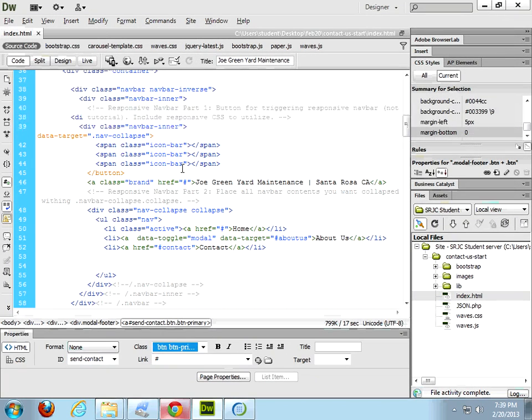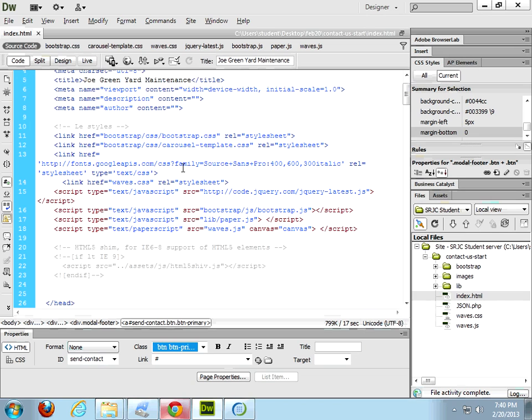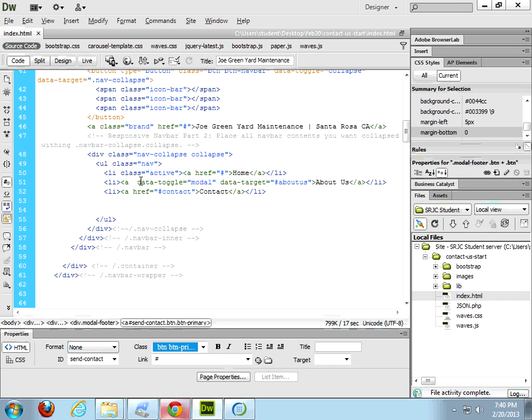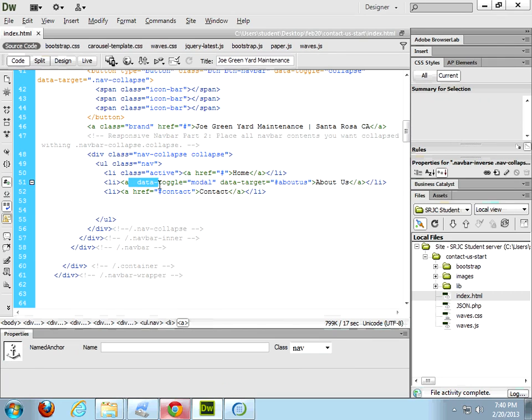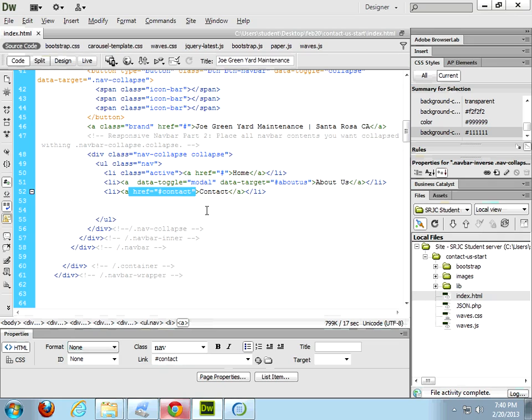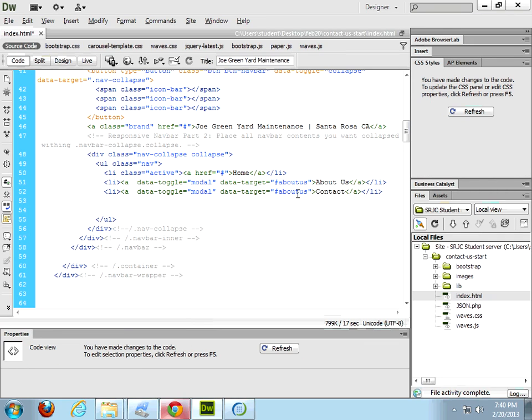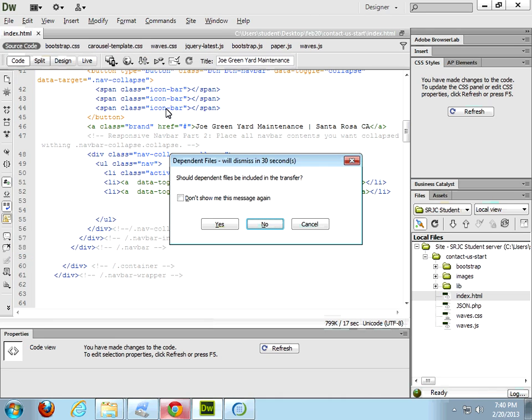So let's go up to our navigation, which is almost at the top of the page right here, and where it says contact, let's just give it this data toggle code right here. We could get rid of that href. And instead of toggling to about us, we want it to toggle to contact us. Okay? And I think if we put this page up there,